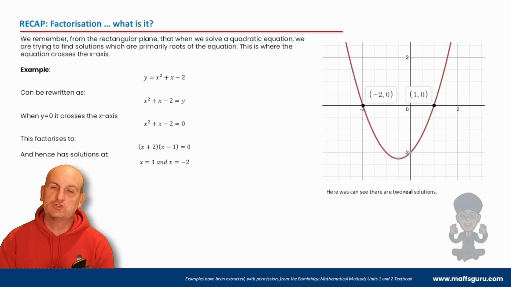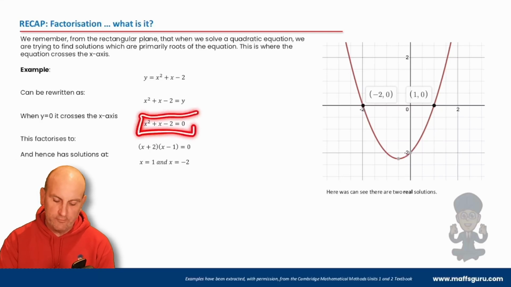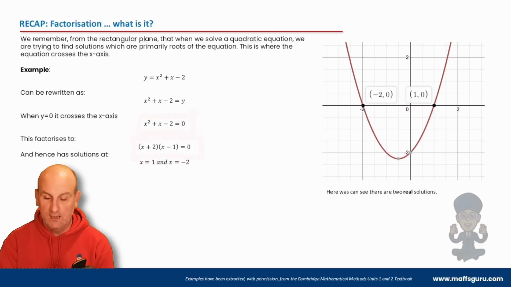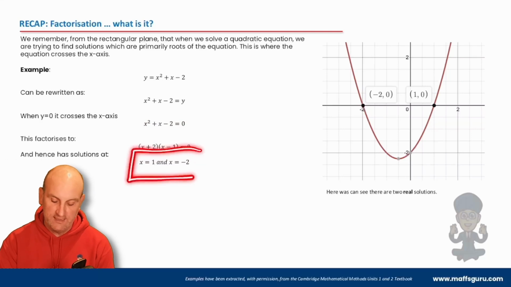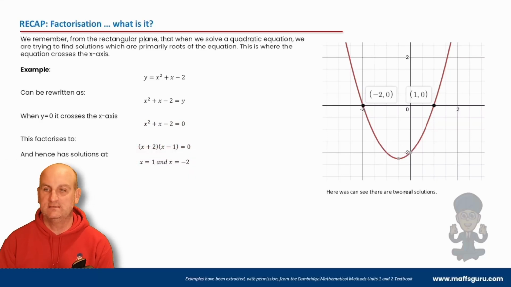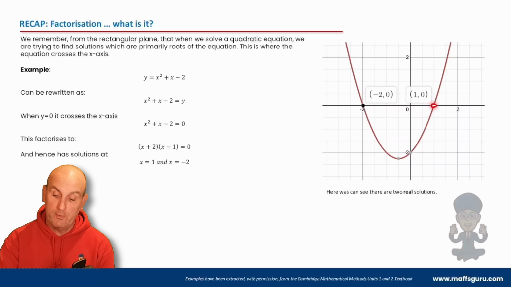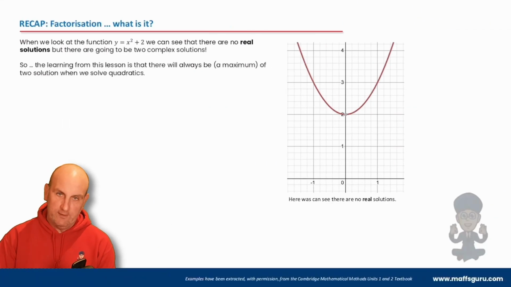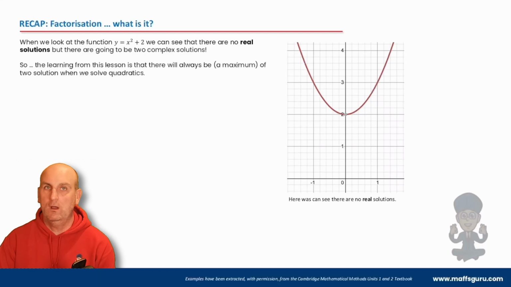Yes, and we have so much theory that we can use. You've got the T method, you've got the cross method, so many ways to do it. With that example there, when I take this quadratic and factorize it and then use the null factor law to solve, I get that x equals 1 and x equals minus 2, which point to the crossing points. But we came to a point where there were situations where quadratics didn't have any crossing points,